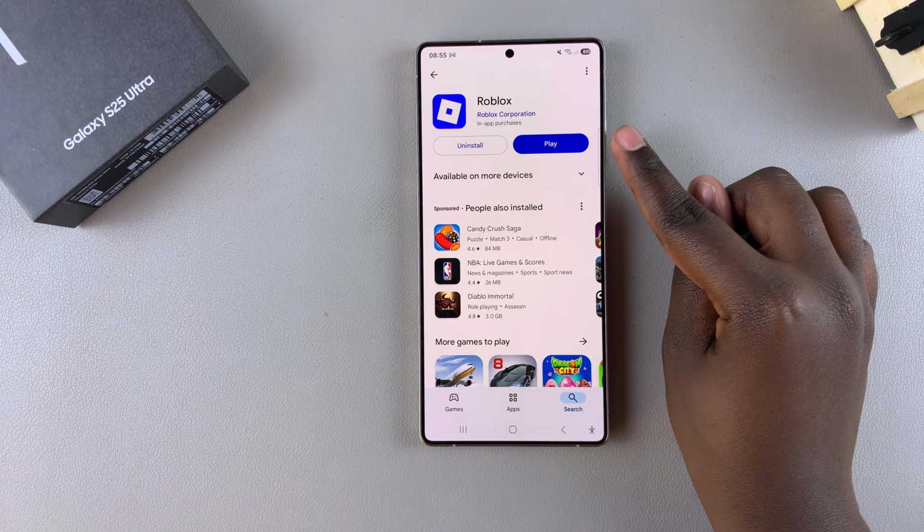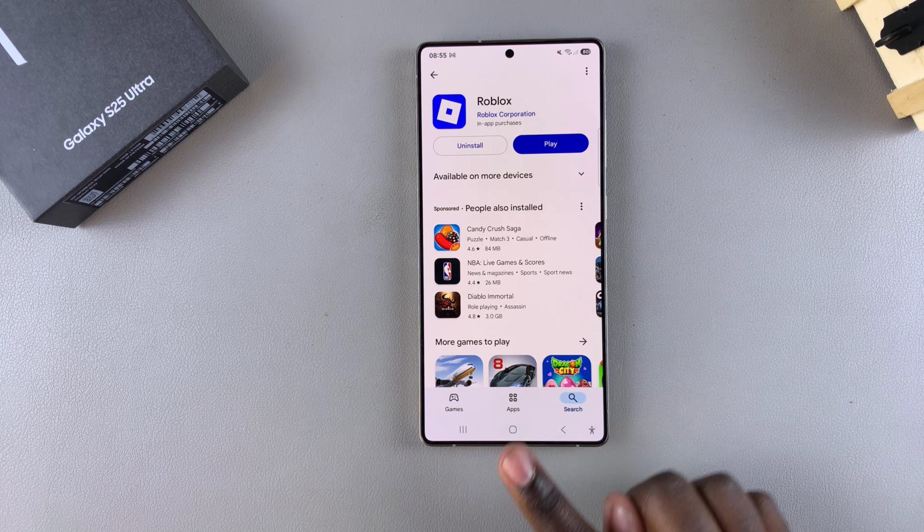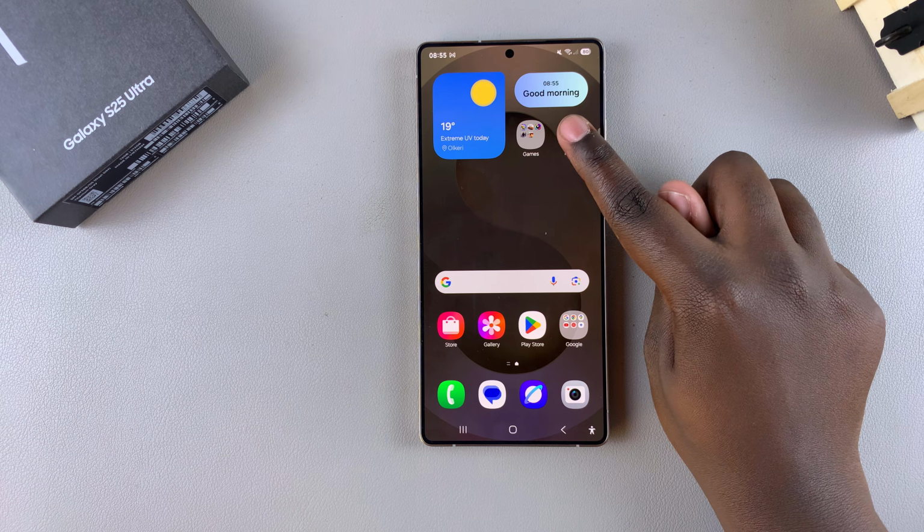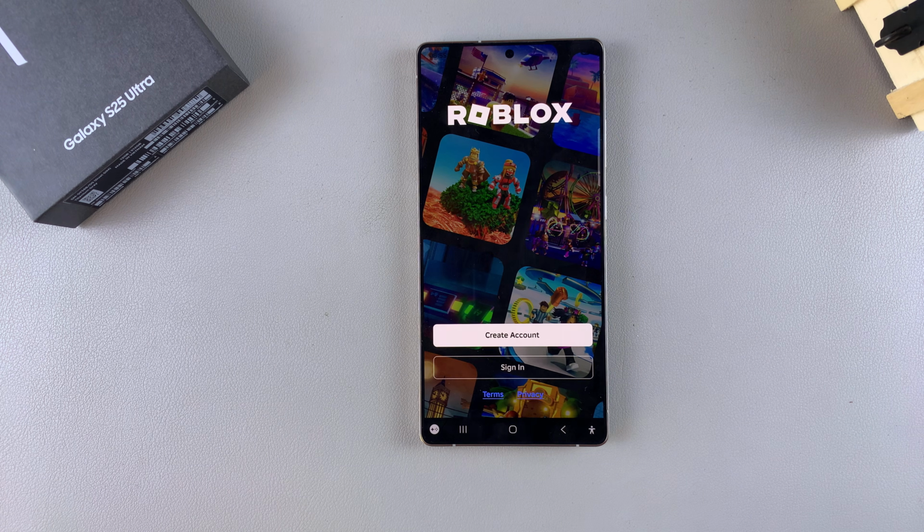Once it's been installed, you can just tap on play, or you can go to the home screen or app store, look for the app itself and just tap on it. Once you've tapped on it, you can now simply sign in or create a new account and start playing Roblox